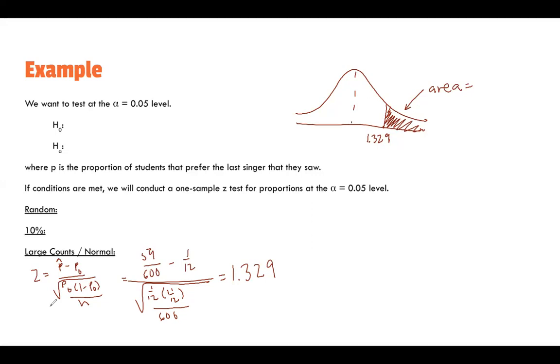Your lower bound, so we're going to actually be looking for greater than, right? So your lower bound is going to be 1.329. Your upper bound is going to be a really big number. You can do infinity if your calculator supports it, or like 1 million. And mean is 0, standard deviation is 1 because it's standardized. And you get,